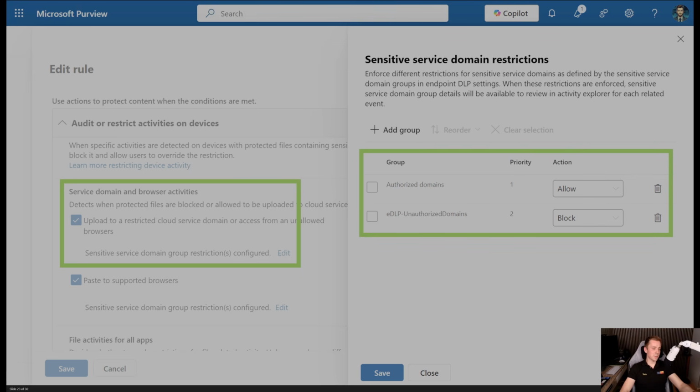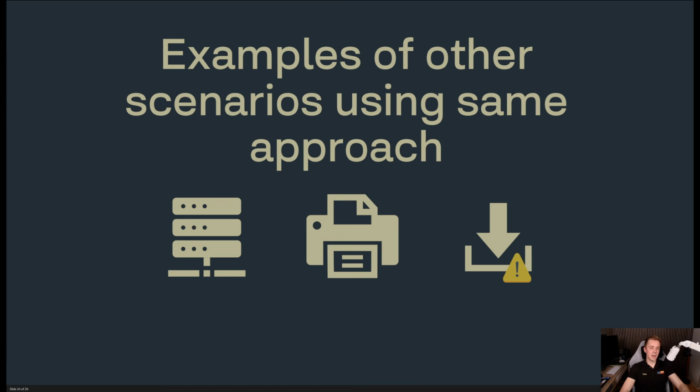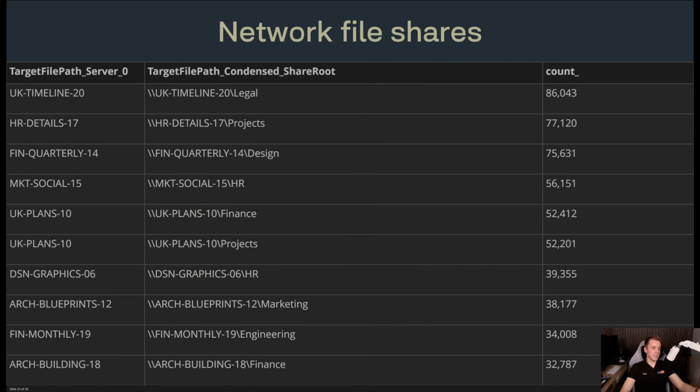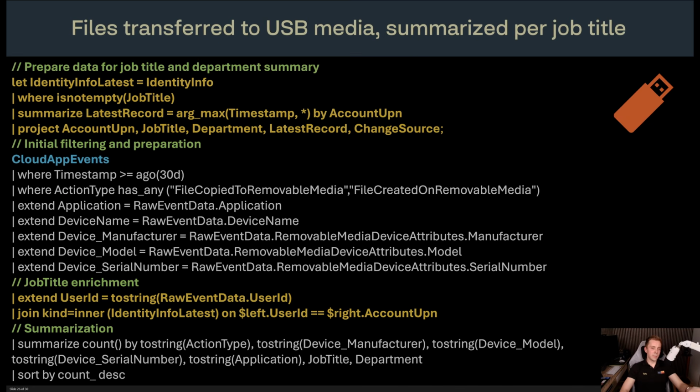You can use the same approach for any of these endpoint DLP services, the endpoint DLP scenarios that it controls, like network file shares that people are uploading stuff to. You can even bring in other information that's available in those tables, like there's a table called IdentityInfo that contains information about the identities in your tenant and their job titles and departments. You can synthesize that data